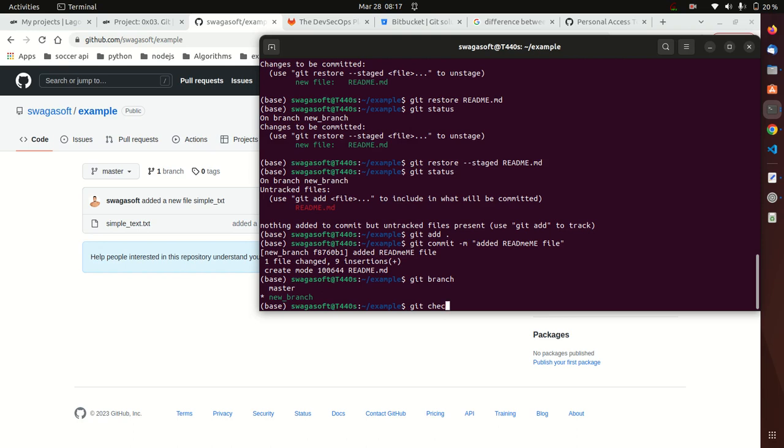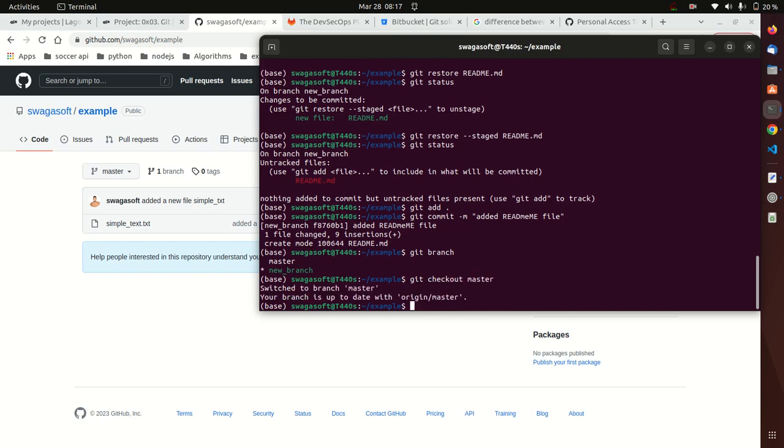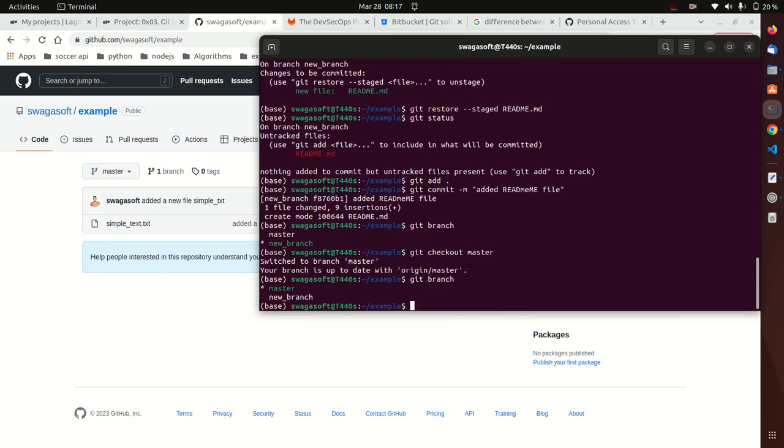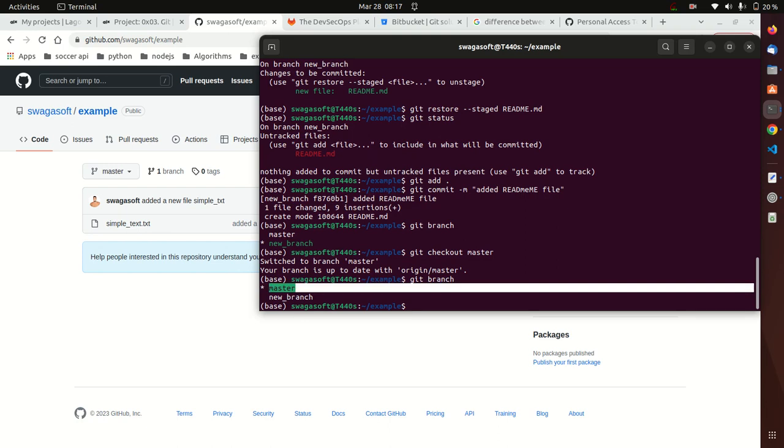Remember, it is advisable that before you check out to another branch, you ensure you commit all the work you've done here before you move to any other branch. You can see we've done that already. All the work has been committed, and I want to check out to the master branch. So I'm going to do git checkout master. If you do git branch now, you can see I have switched back to the master branch, and I want to merge